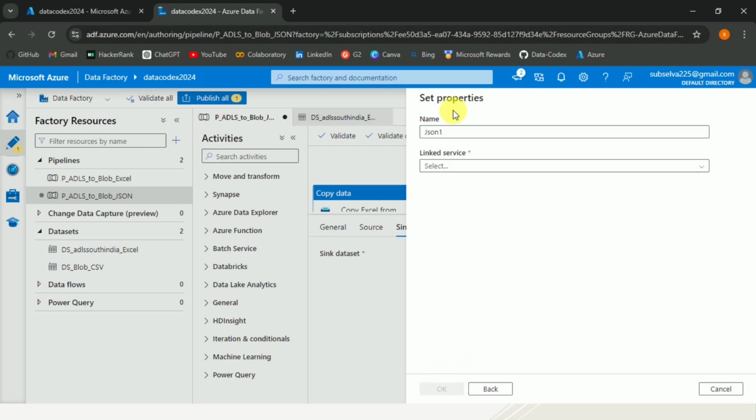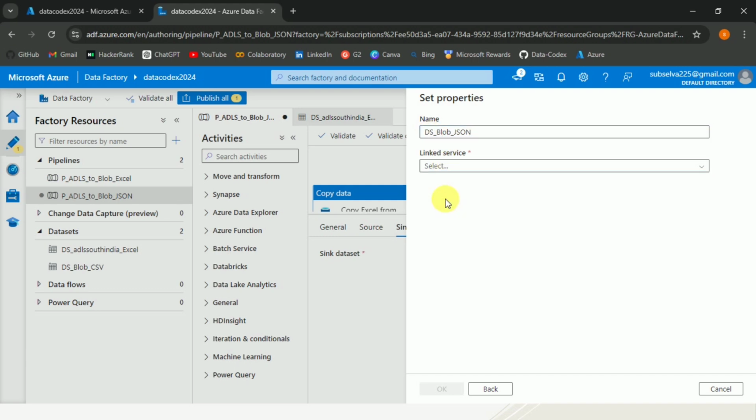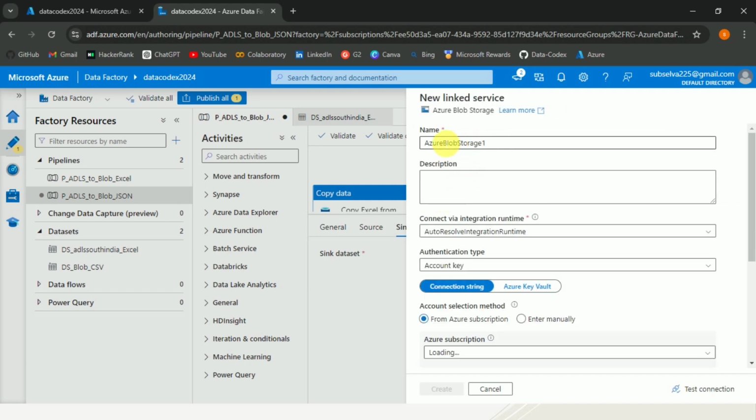Click continue, and let me provide a name for this dataset, ds_blob_json, and then we need to create a new linked service for this with the system assigned managed identity. Let me provide the name ls_blob_json,